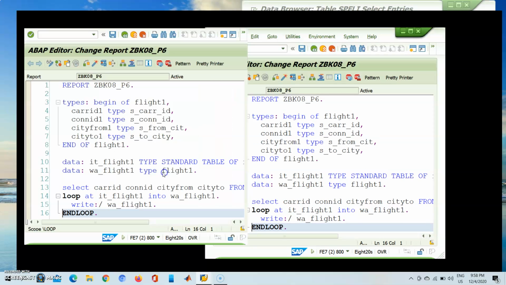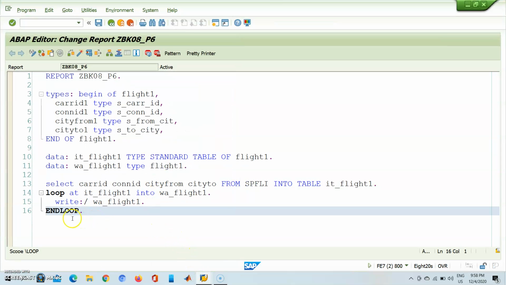Also we can further improve it. If we write